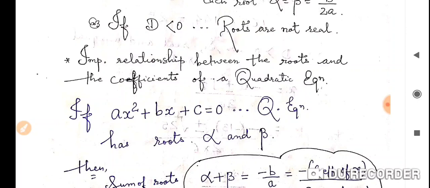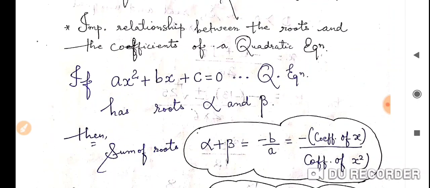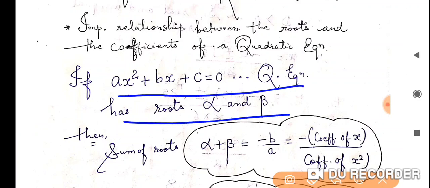If ax square plus bx plus c equals 0 has roots alpha and beta, since it is a second degree equation, there are two roots alpha and beta. These are the values of x which are named alpha and beta. Then the relationship between the zeros alpha and beta and the coefficients a, b and c